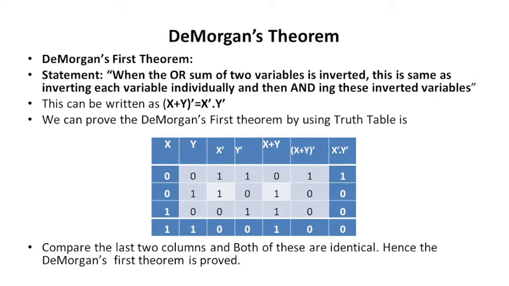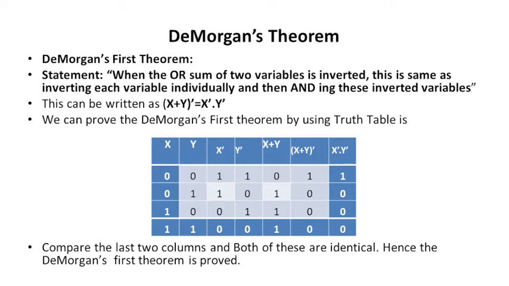How can we prove it? First we have to take the things that are required: x, y, x bar, y bar. For the LHS we take (x plus y) whole bar, and x bar dot y bar. These are all the things that we require. The last two columns indicate the LHS and the RHS. So first we take x bar. x bar is the complement of x, that is 1100. y bar is the complement of y, that is